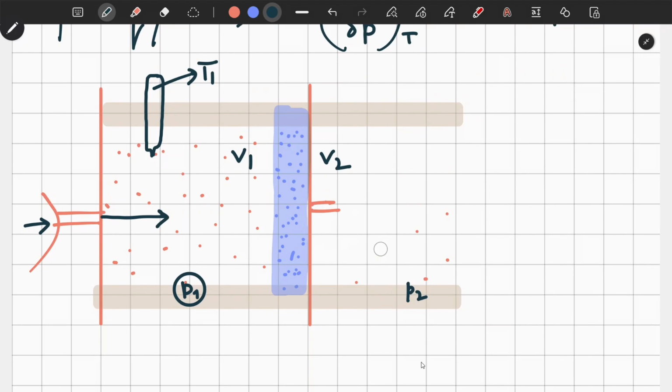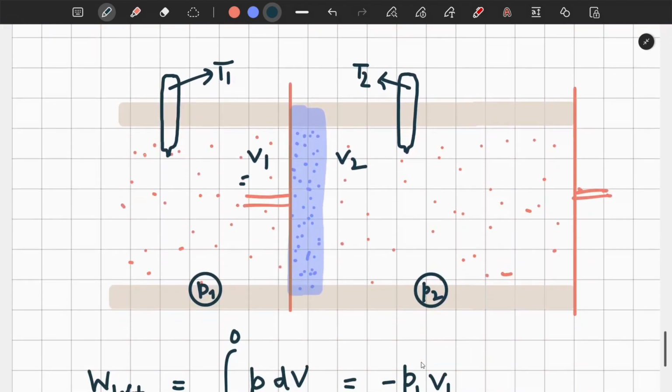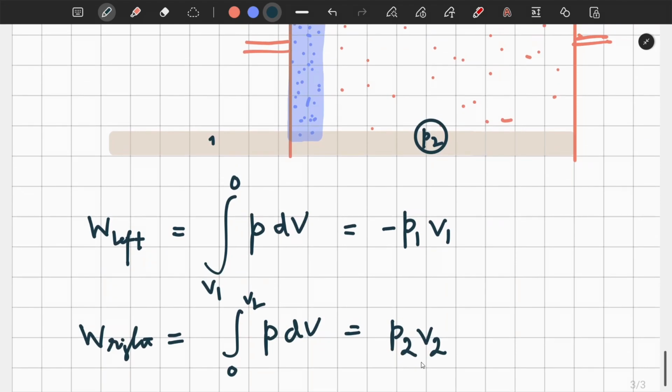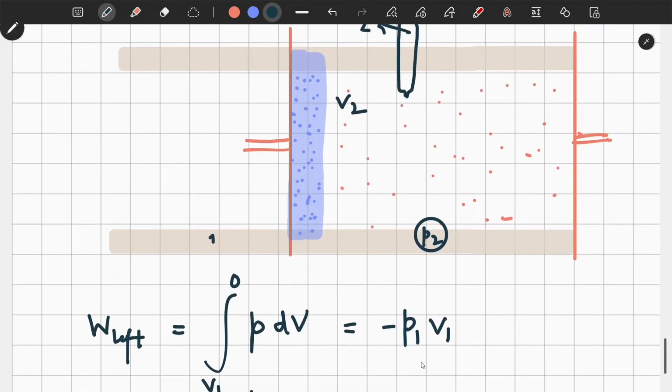Here, as there is no gas, this does not make any sense. Means a thermometer is there, but there is no meaning. In the book actually two pictures are not there, they just merged two pictures. That's why I drew it like this. Now it is clear? So it is P2 V2 because now the pressure is P2 in this compartment and the volume V2